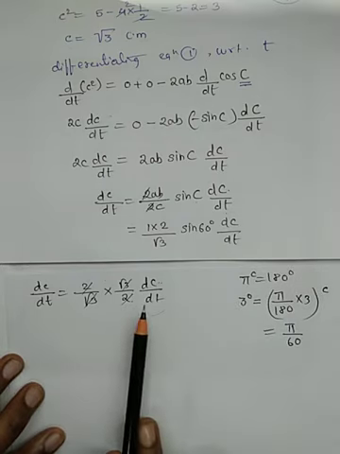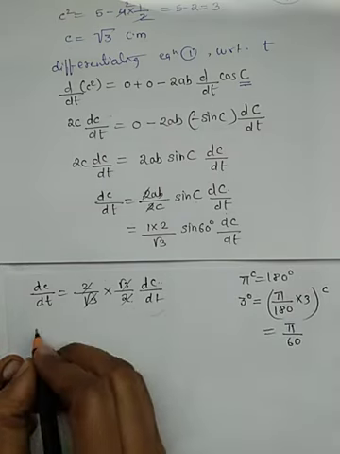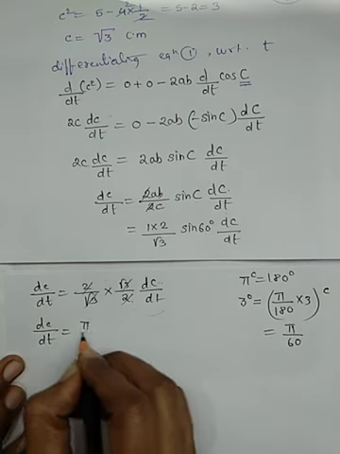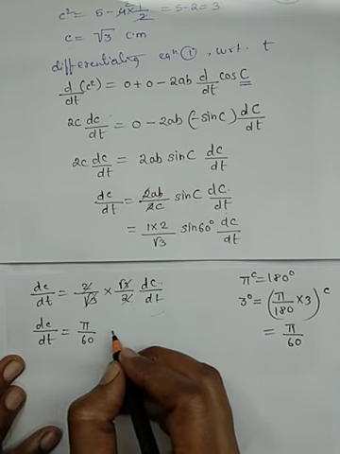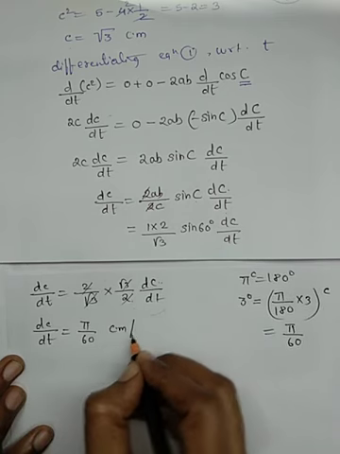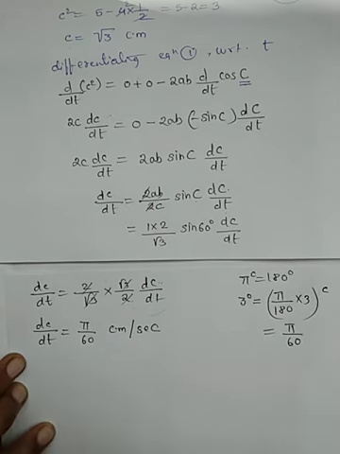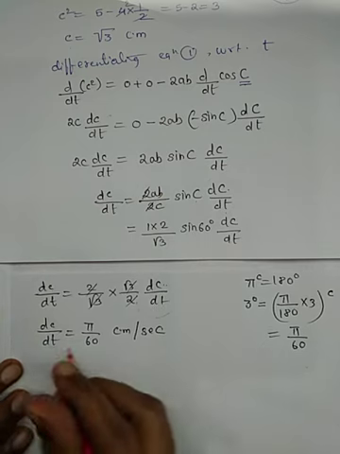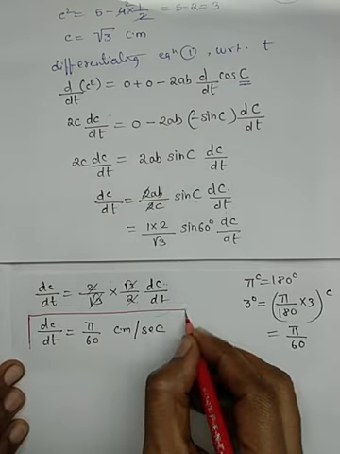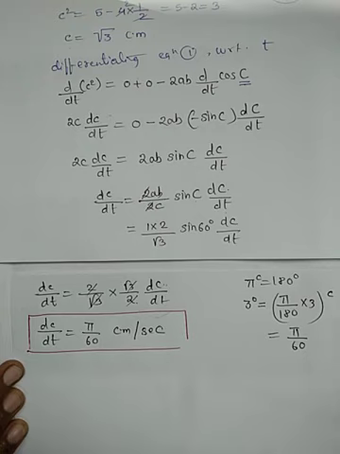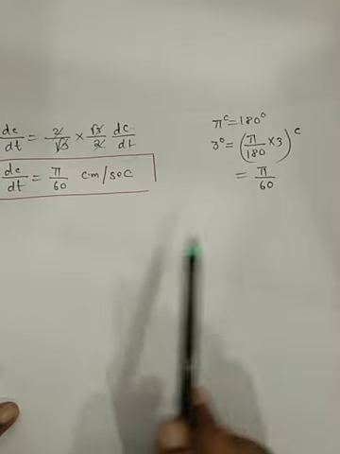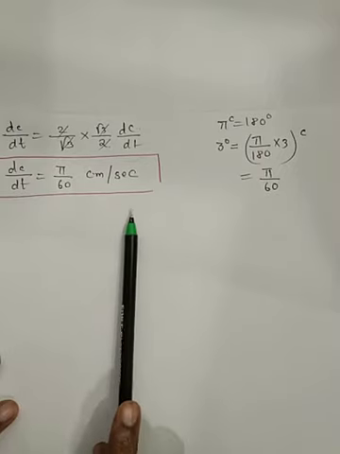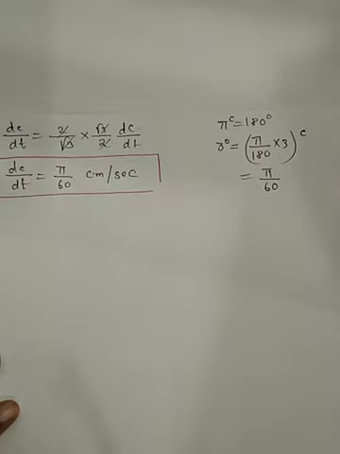and this value we will substitute over here. And therefore the rate of change of side C is equal to pi upon 60 centimeter per second. Is it clear? This is our final answer for example number 5. It was 5 only, na? Have you understood? I will write it again in the handbook and I will send that PDF, don't worry. I have explained it here.